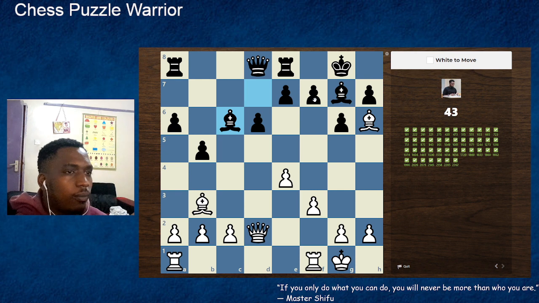Okay. This position looks so peaceful, and it's hard to imagine that there are tactics in this position, but of course there are tactics. And I think I see it. It's quite simple. Simply check the bishop. The king takes, I give a check there, and now I'm connecting with the rook. So check,